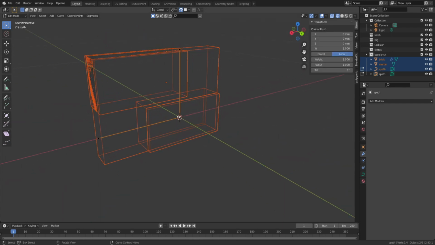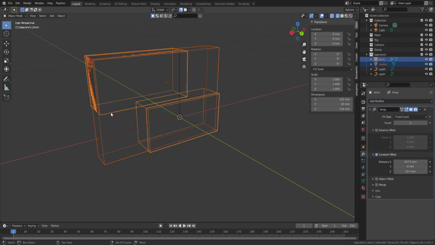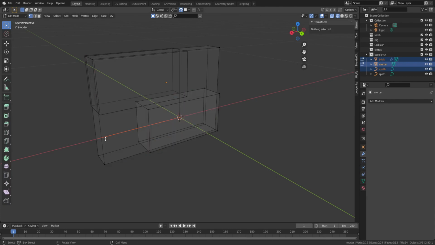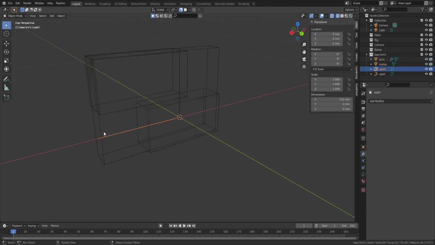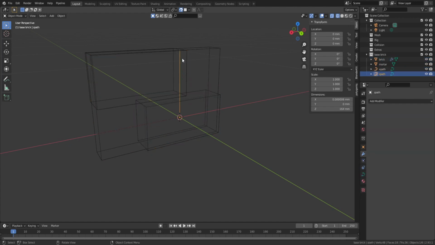does it not work like that when you've got curves selected? No, it does not. That's a bit weird. So we'll go with those. We'll select that there, and then we'll select the box end. Yeah, okay, we can't do it with just the curve. Yeah, okay, that makes sense. So we'll just start with the